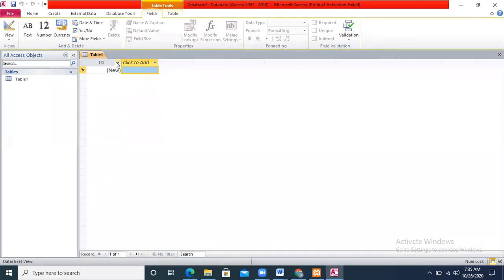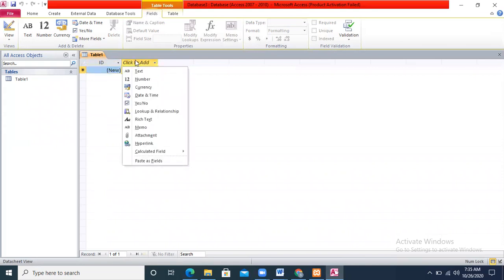This particular ID tab is the first column and this new is known as the first row. When row and column are combined, this is known as a field or a cell. Basically, this particular ID is your primary key. It will automatically generate it. You don't have to type anything in front of this. For example, in field 1, this is ID. In field 2, when you click over here, this particular block will be opened up.